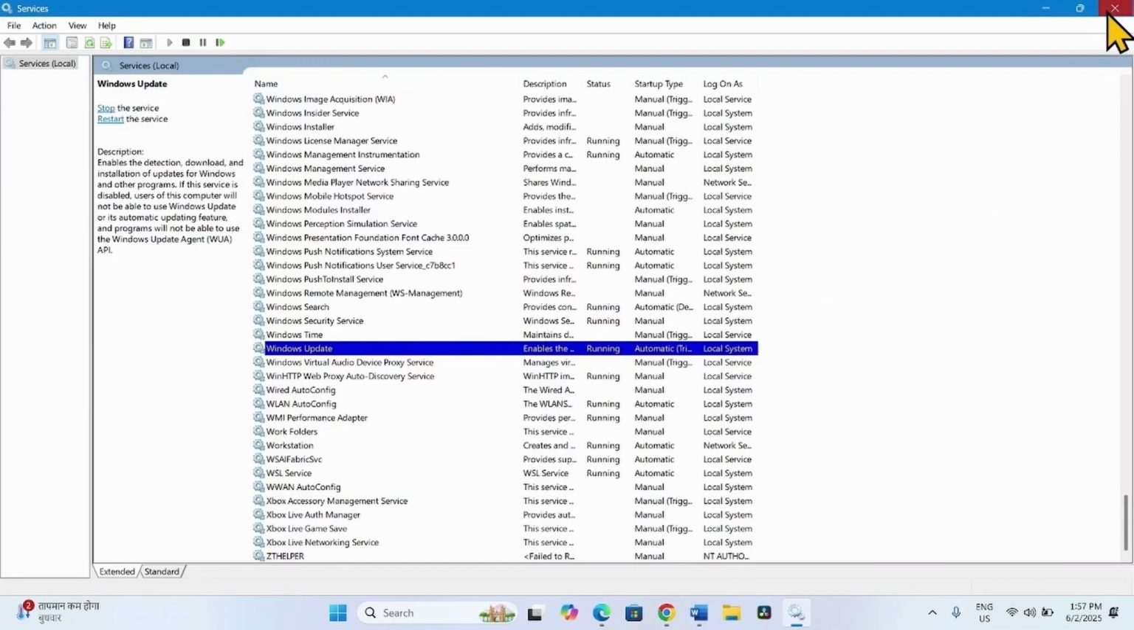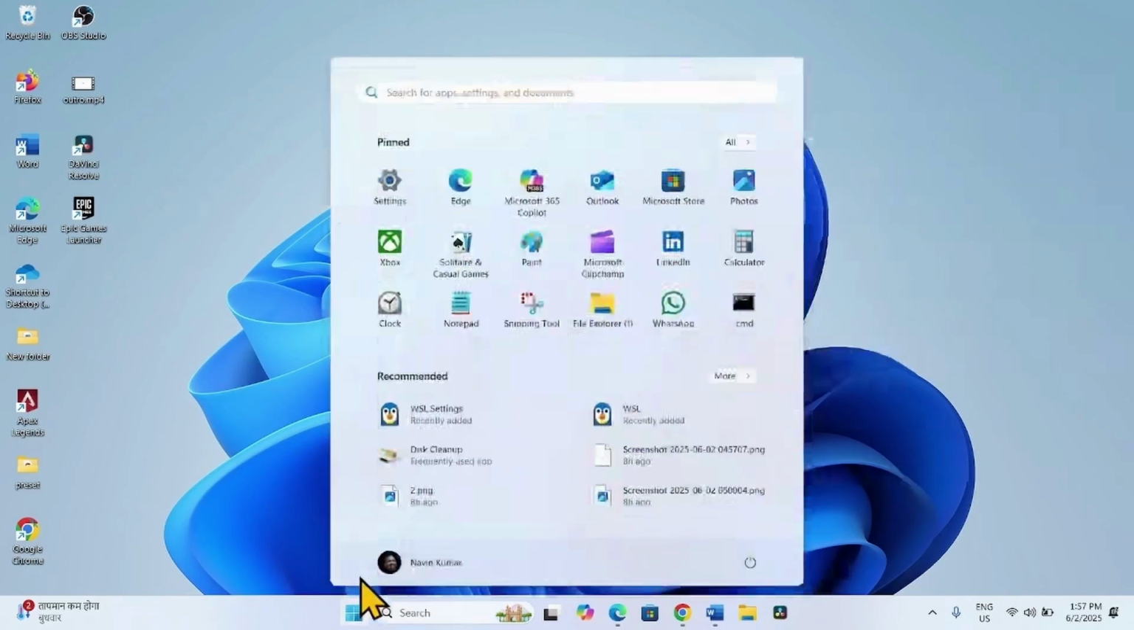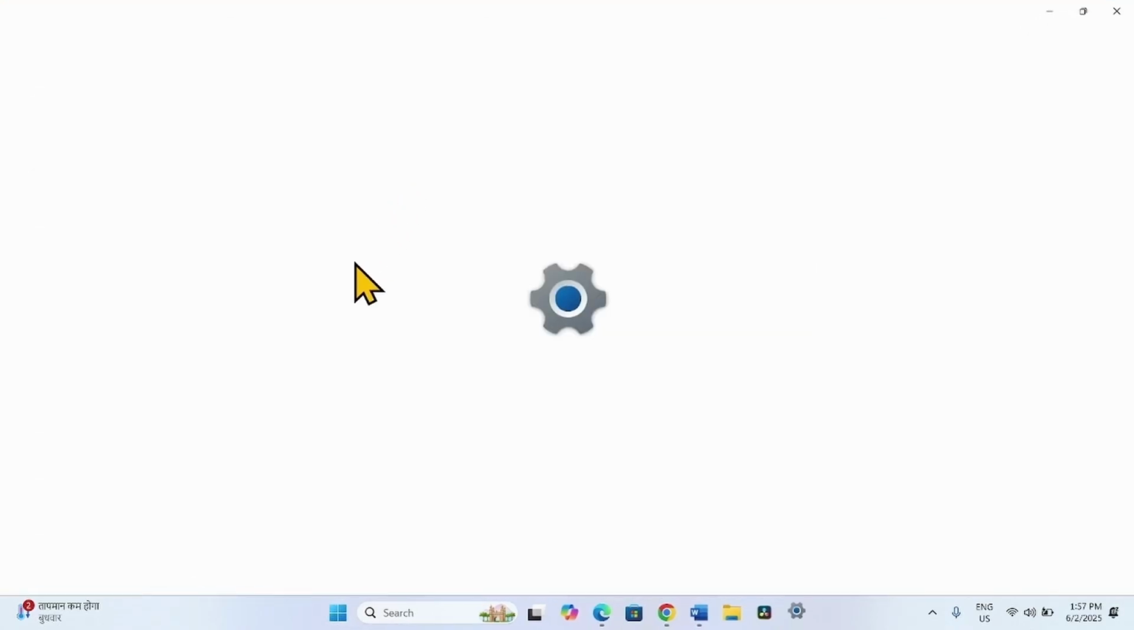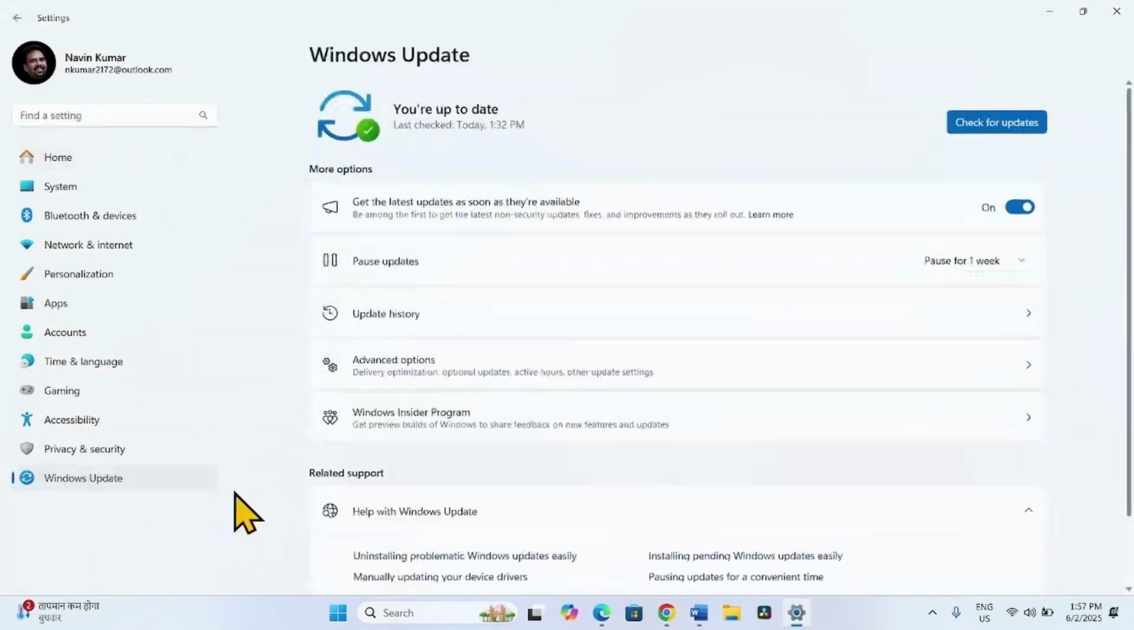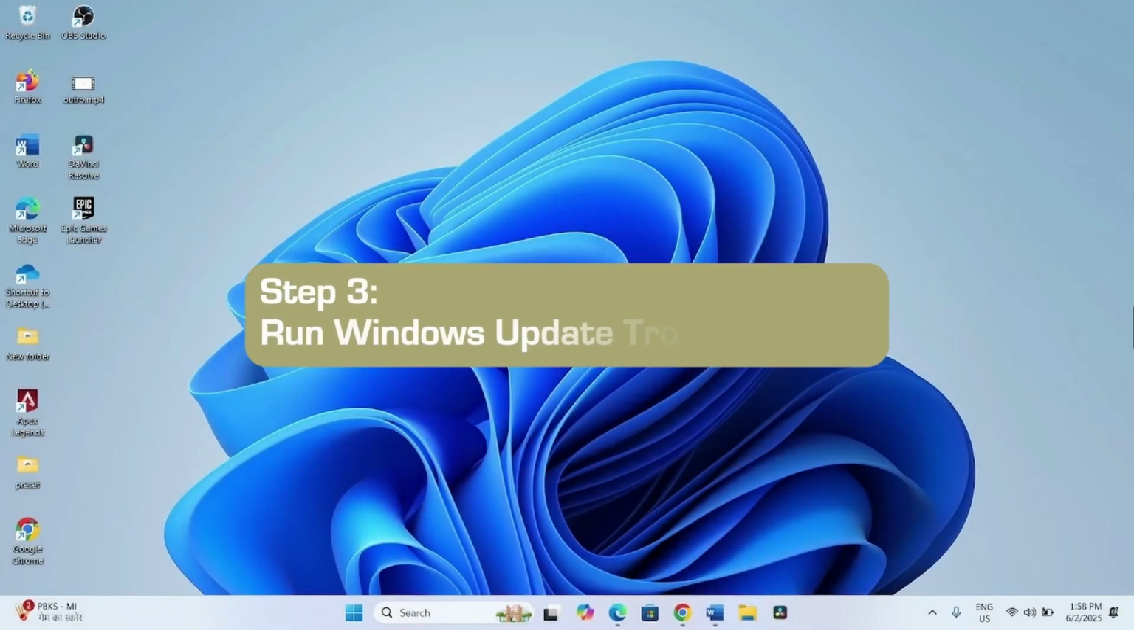Close the services window. After making these changes, click on Start, select Settings, go to Windows Update and click on Check for Updates. If KB5062170 is downloaded, let it install and restart your computer in the end. If the issue still persists,